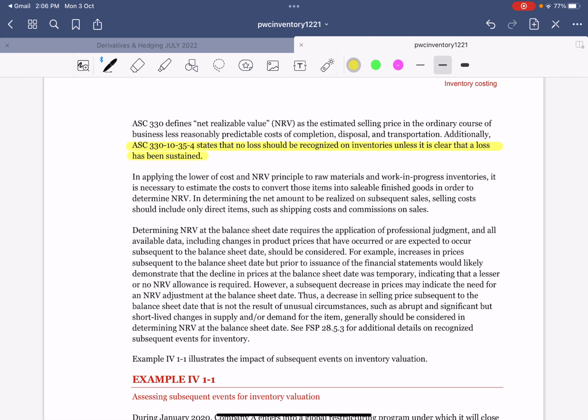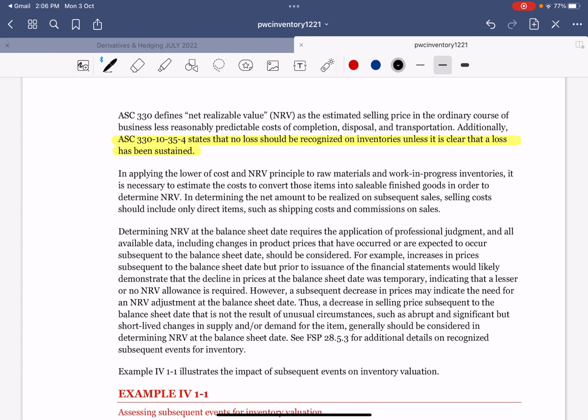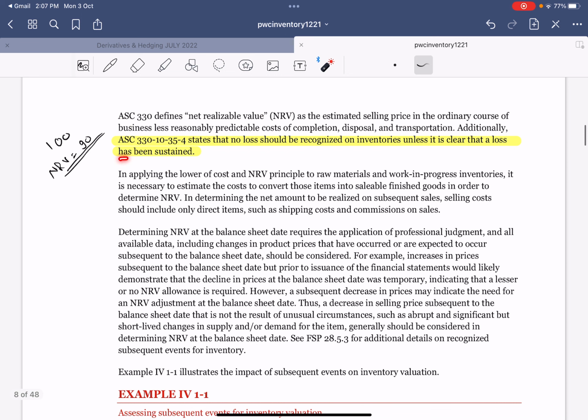Okay, I think it means if currently your cost is 100 and your NRV comes out to be 90 due to certain market price, where the market price of the raw material of the inventory has come very low, but it's a temporary situation, then you should not recognize it. It should be only if it is pretty much permanent, unless it is clear that it has been